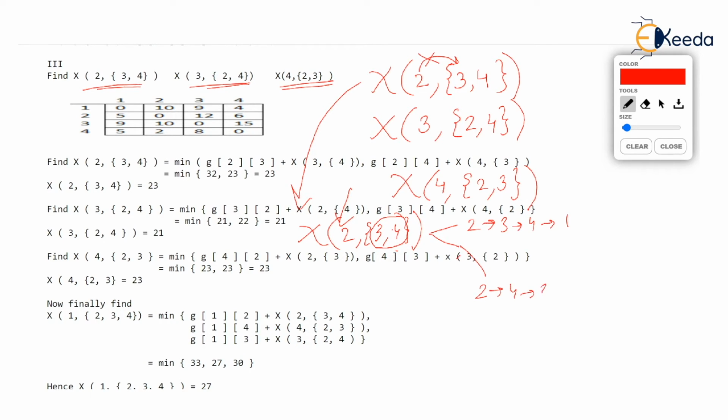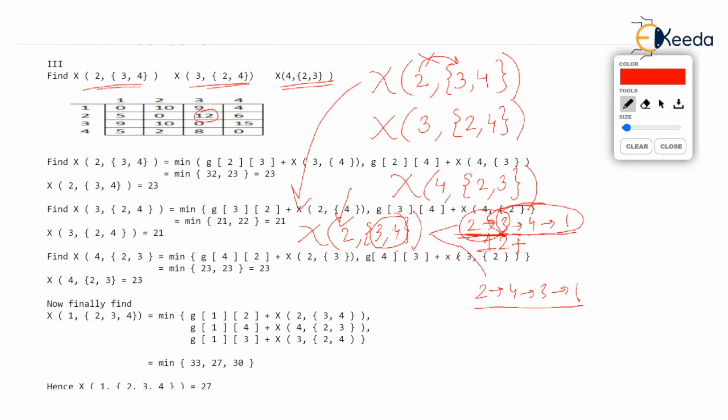And what you want to do is find out the cost of this travel and the cost of the below travel and get the minimum. Now starts really the fun part. You see, this 2 to 3, from where the travel starts, which I am now encircling, is nothing but G23. You will refer the matrix: G23 is 12. Now this 12 has to be added to the remaining tour, and the remaining tour is 341. Observe this: 341. We have taken 2 to 3. Now we are talking about 341.